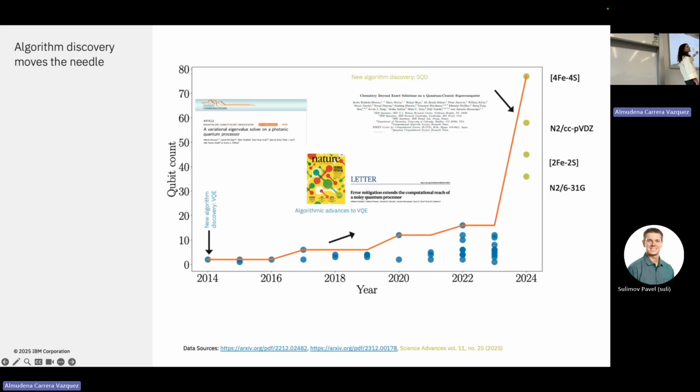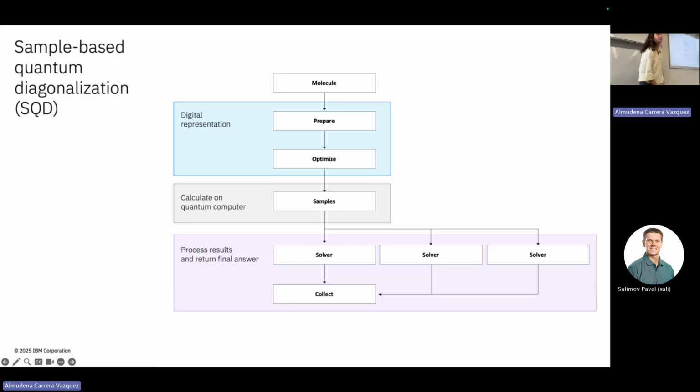And with this one, they are starting to run much larger problems. I don't want to explain too much what it is, but since it's a new thing, I just want to get a gist of what's going on. The idea is that you use the quantum computer just as a sampler. For these problems, you have to diagonalize a Hamiltonian, a matrix that is very large. And here the idea is that you classically prepare some circuit that you optimize, and this circuit should have some overlap with the state that you are trying to find.